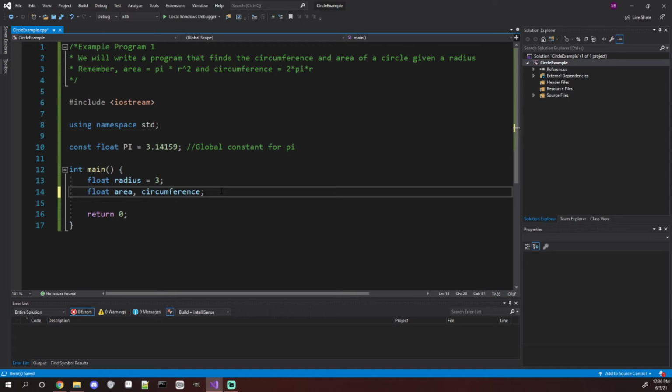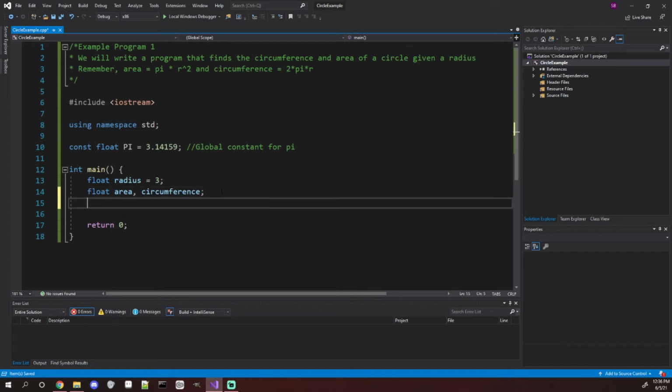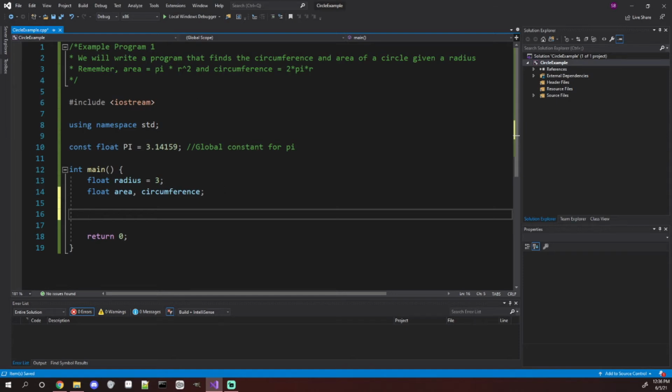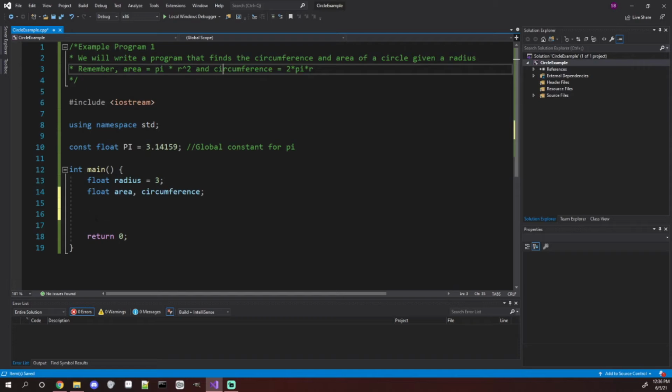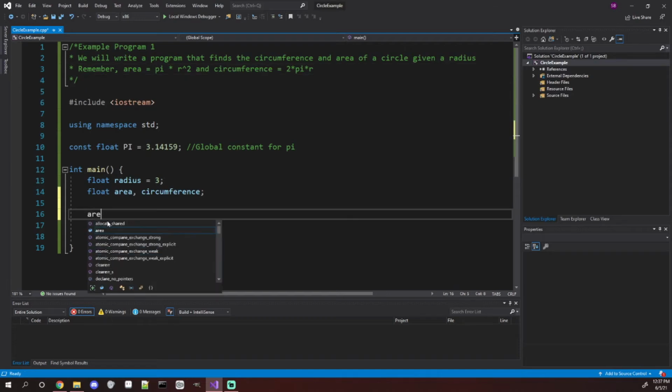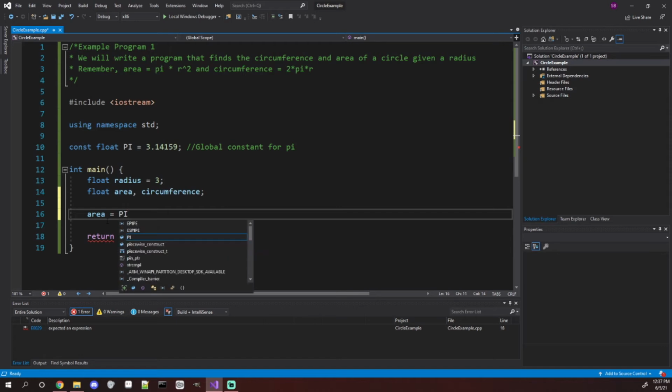We'll use these to store the actual area and circumference, and we'll calculate them here in a second. So we know from the formula that area is equal to pi r squared and circumference is equal to 2 pi r, so let's calculate those really quick. Area is equal to pi, which is what we named it, times r, which we called radius. And we know that it's pi r squared, so that just means that it's pi times the